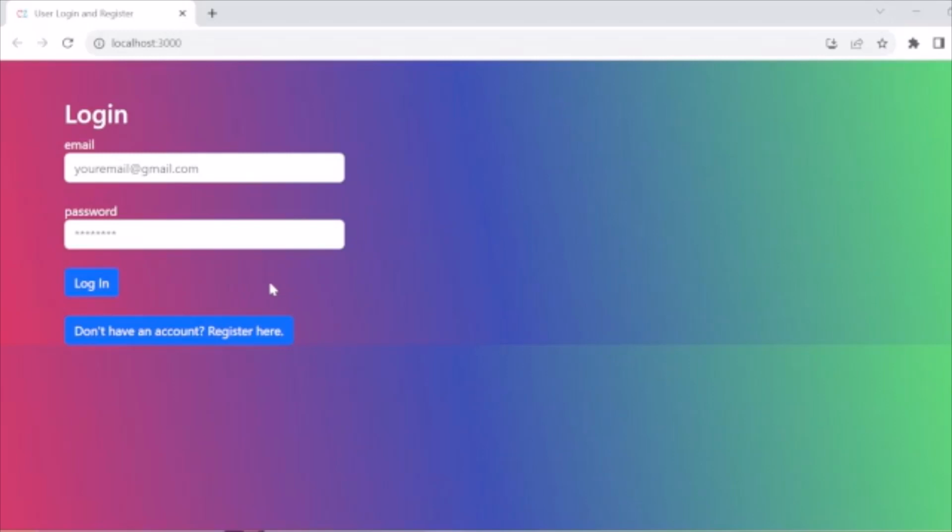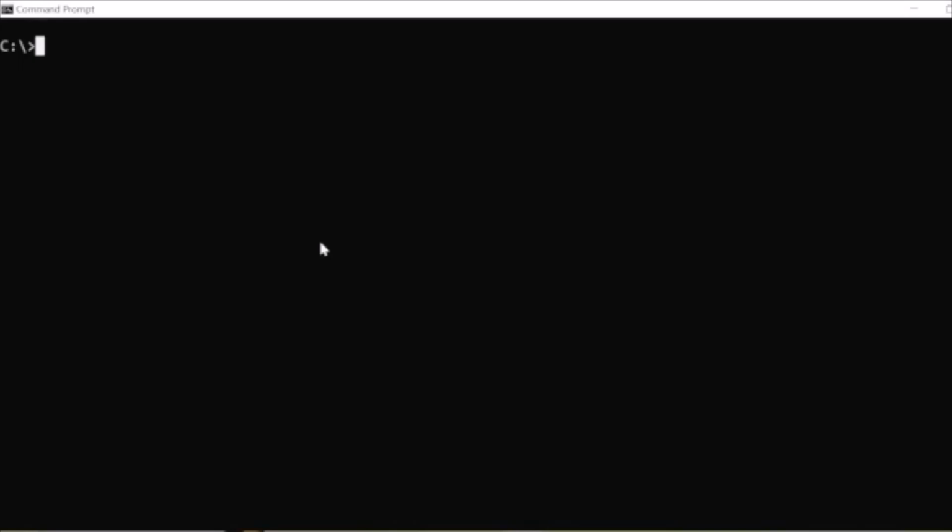So first we will create the project. Now we will create our React application. So we will use npx command and then create-react-app command and then the name of our application. So here the name of application is react-login-register. And now our application is created. We will move to our React project. So here cd react-login-register